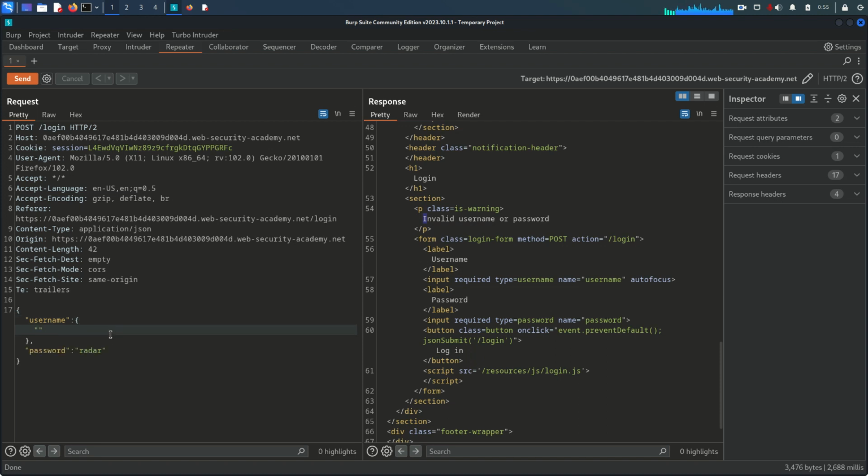We are going to say $ne, not equal to, and not equal to what? The username is not equal to cybersec. We saw that the cybersec user is not there. So what I'm saying is, where username is not equal to cybersec, but let's say password is Peter. Let's see what happened. So once I send this request,